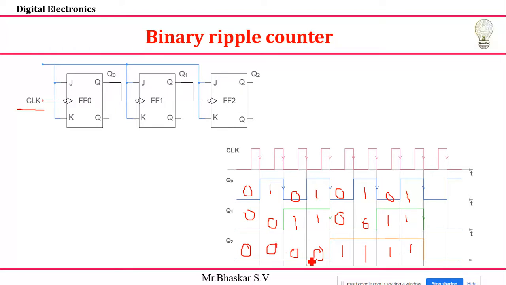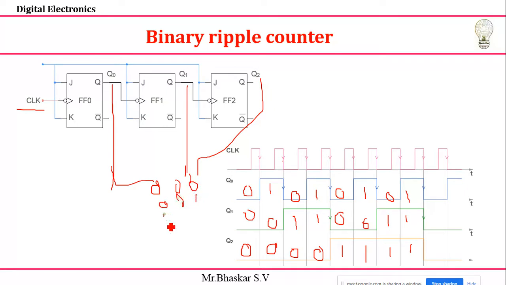You just see that these values are 0 0 0, 0 0 1, 2, 3, 4, 5, 6. These are count values only, right? For every negative edge of my clock, the flip-flop outputs, if I take directly my Q0, Q1 and Q2 and start counting, then I'll get the values 0 0 0, then 0 0 1, next 0 1 0. Means easily I can get my counter. It's binary values I'm getting, that's why it is called a binary counter.